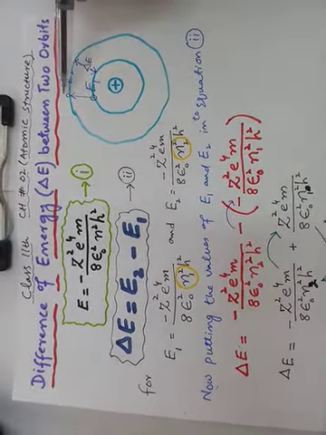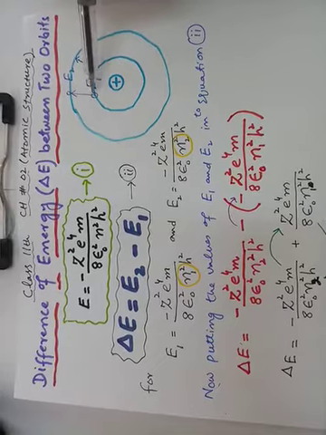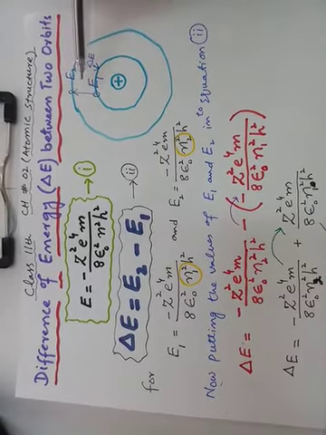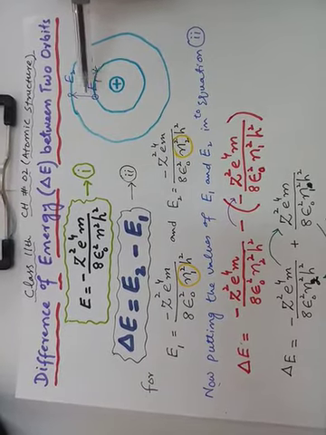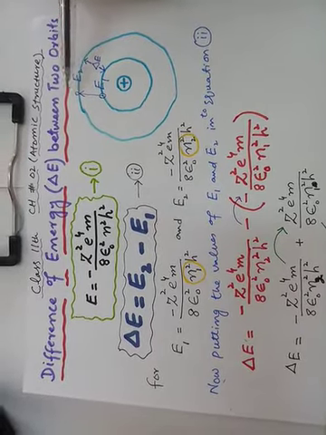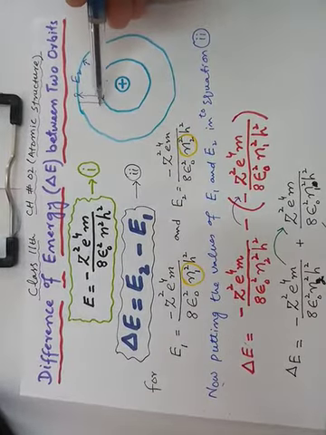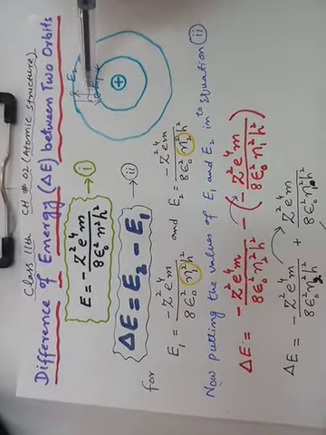It can take energy from heat, light, or it can also be done by the application of high voltage at low pressure. So from any source, when the electron takes energy, it jumps from a low energy orbit to a high energy orbit by absorbing energy. When it jumps back to its original ground state, it releases the same energy in the form of light. Now in this topic we will discuss the energy difference, that is the delta E, between the two orbits or shells or energy levels.